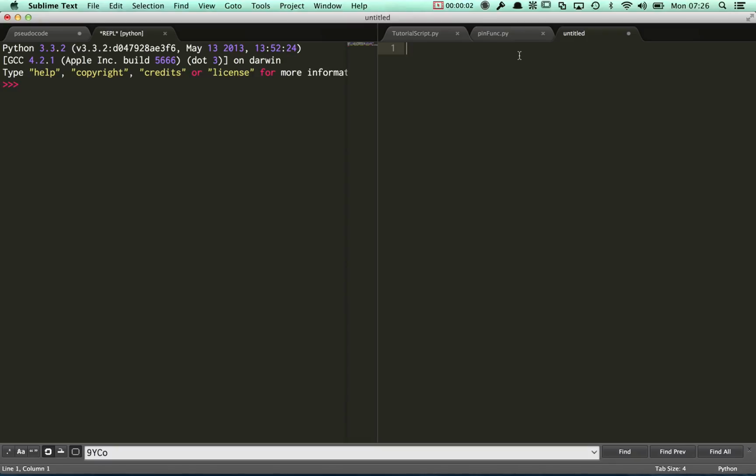So the next step is to play around with some code and see if we can build up all the constituent parts for a function that would check a user's PIN for acceptable characters. So I'm going to start off by creating a variable called PIN, 1234, and another one called acceptable characters, and all acceptable characters can be